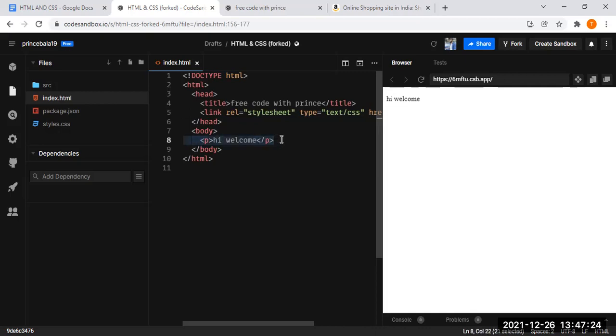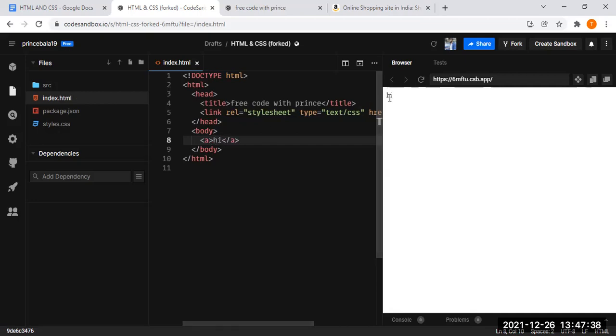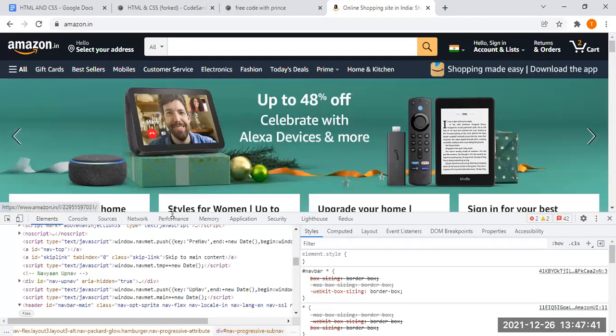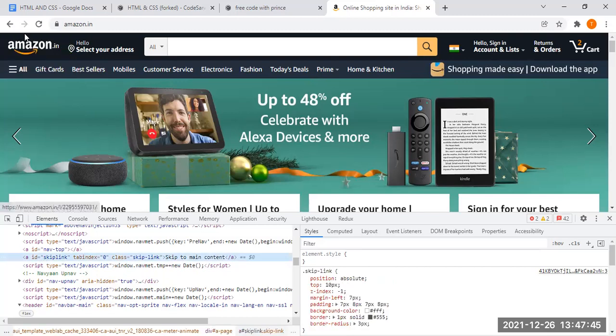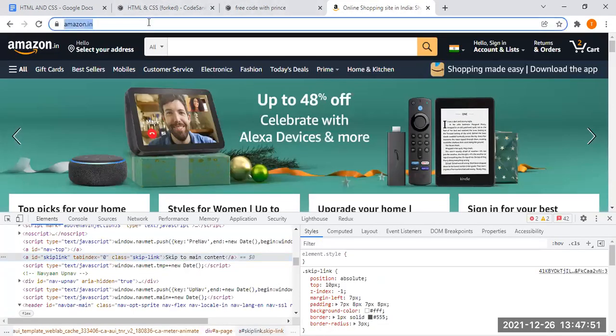The next tag that we are going to see is the anchor tag. So the anchor tag is like an anchor. For example, here there is an anchor tag. You can add an href to it.